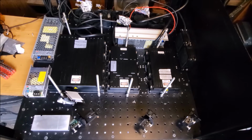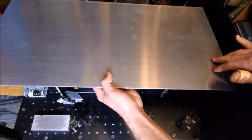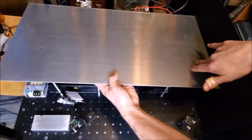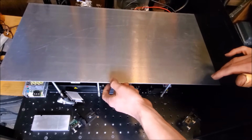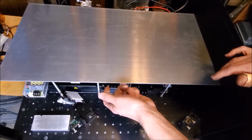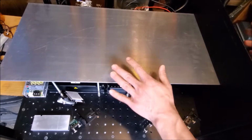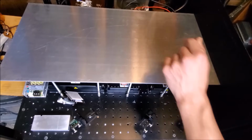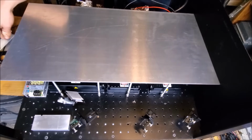Let's go ahead and take a look at the plate, which is 3 millimeters thick, about 1 foot by 2 foot, and that'll go on those threaded rods like that. I'll drill holes, lock them into place with nylon lock nuts, and that'll be pretty secure. You might be wondering how I'm going to stop it from wiggling around like this. Well, I've got a plan for that too, and that involves this